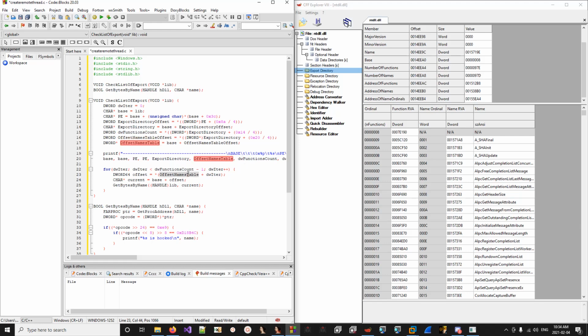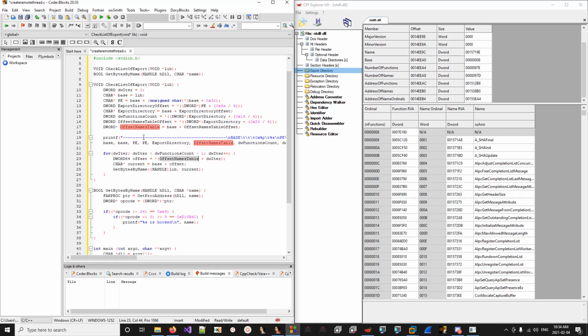This is exactly what we're looking for because now we can actually go through all the exported functionality in there. The idea is that we're going to resolve them at runtime and see if the signature is matching anything that looks like it's been hooked. So after we retrieve all this information here, you're just going to do a for loop based on the function